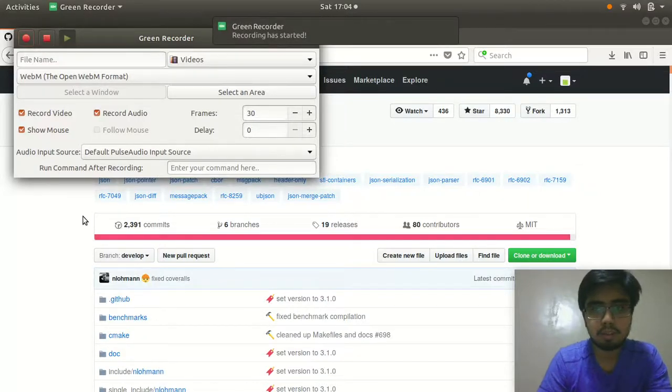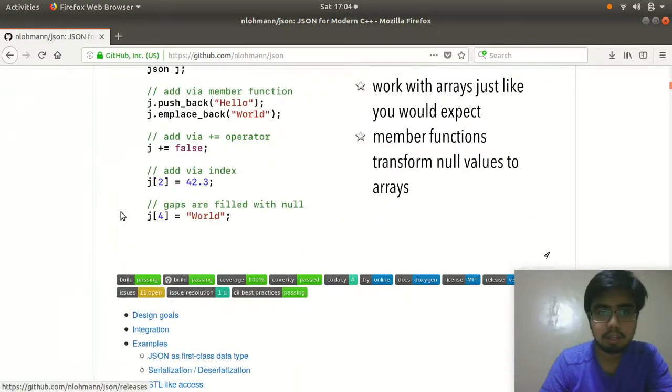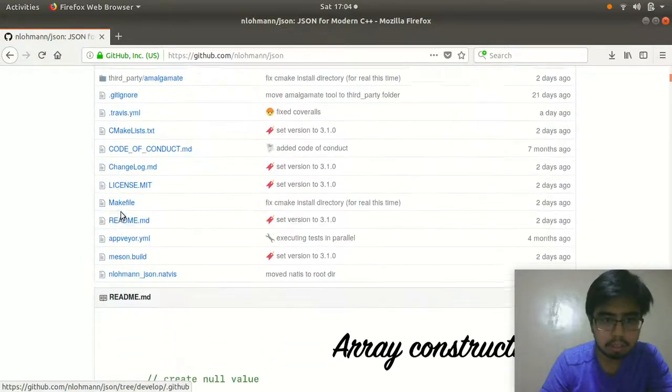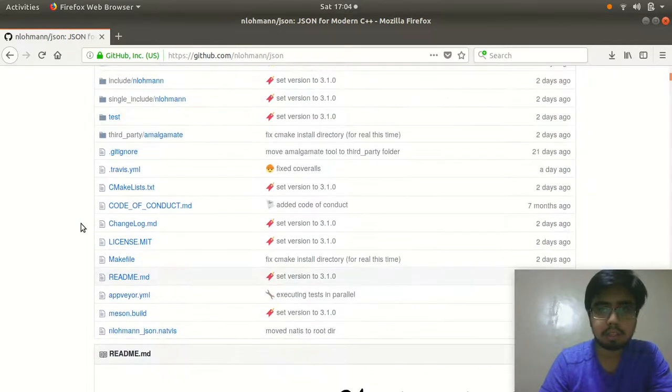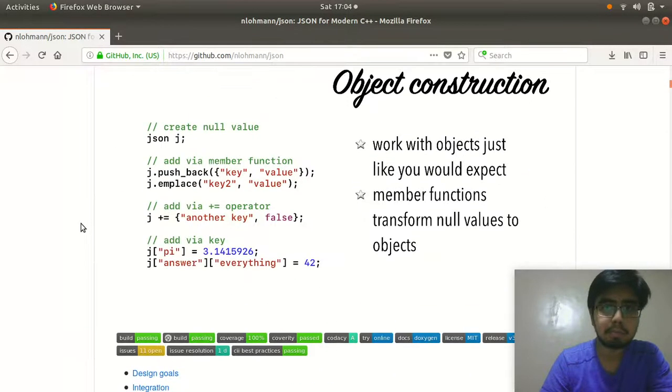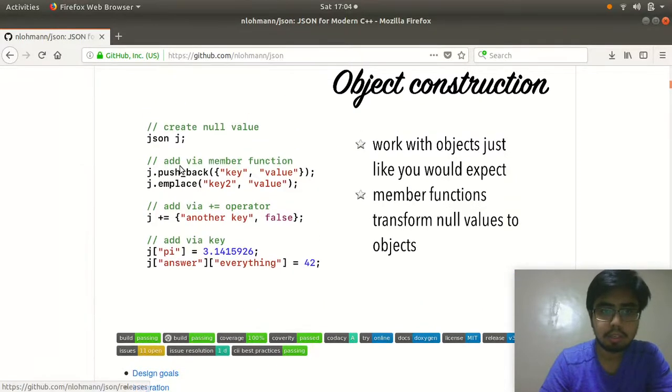Right, so in this devlog, we're going to integrate a C++ library called JSON. It's actually just a single header file that allows you to parse and write JSON files in your C++ application. It's actually quite easy to use. You just declare something like this, and then you push in some values,